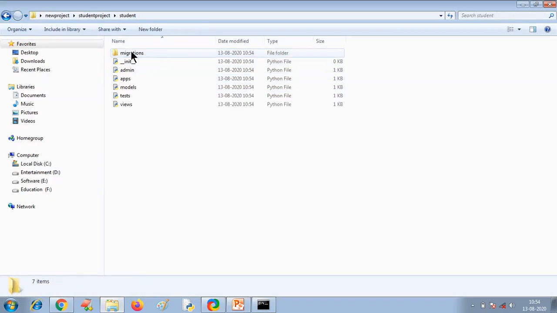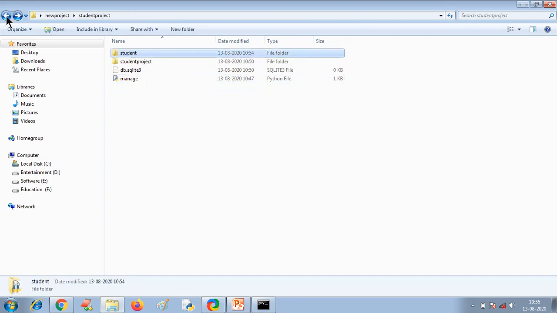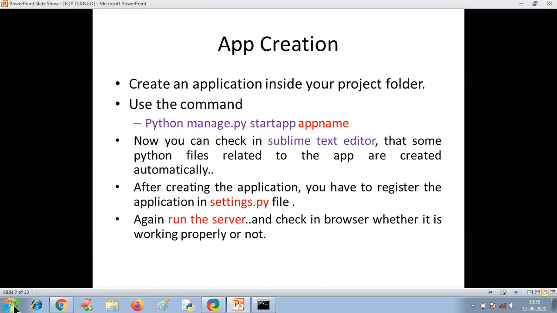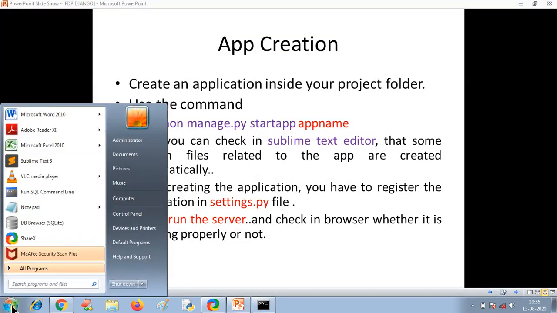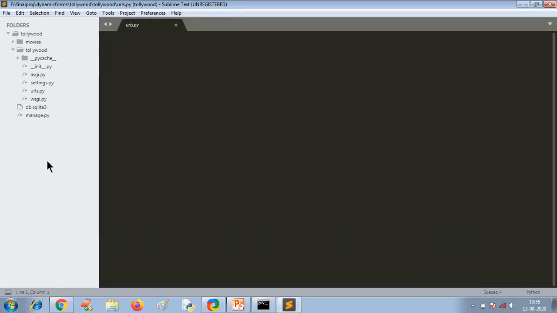Inside that app, again, so many Python files are generated. So to see all these things in a hierarchical way, in a tree structure, you can use a Sublime text editor. As I have already told you, one text editor is used here. I am using Sublime text editor. Simply you install this from the internet. Download Sublime text editor, install it. Then open this. Right.